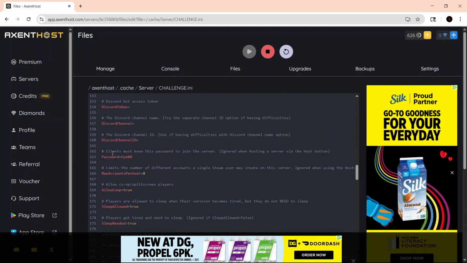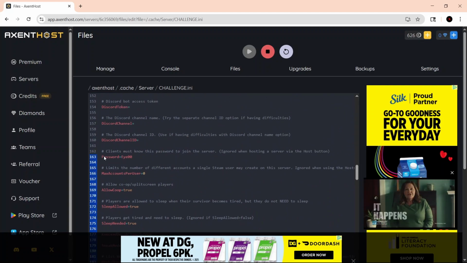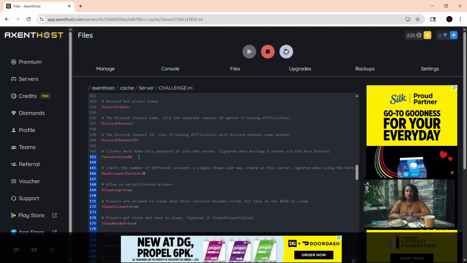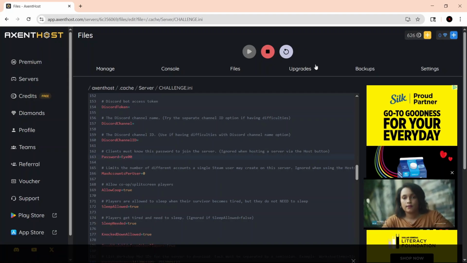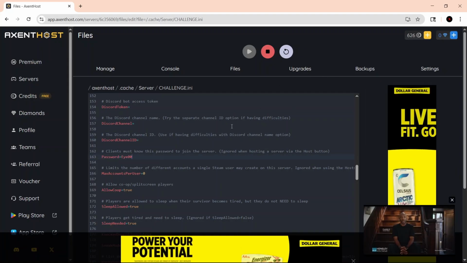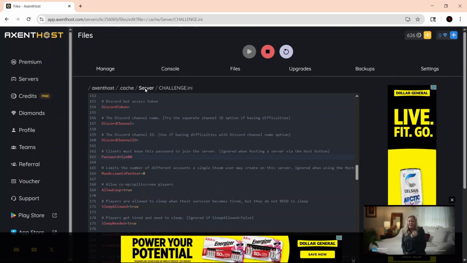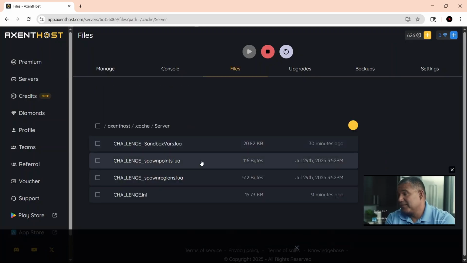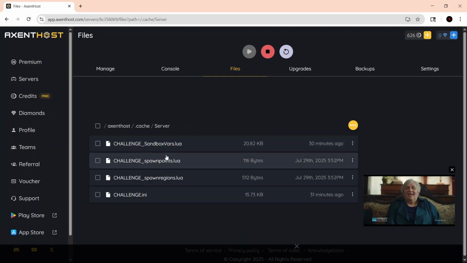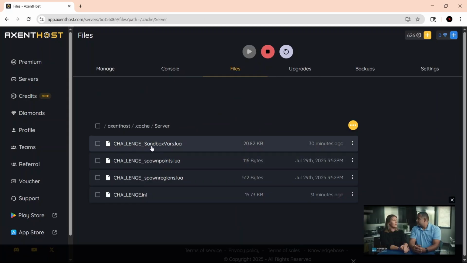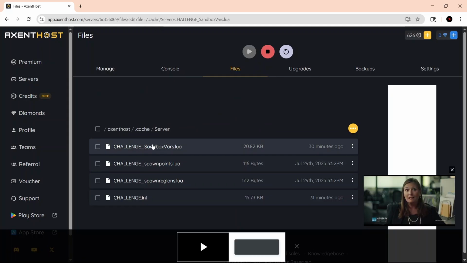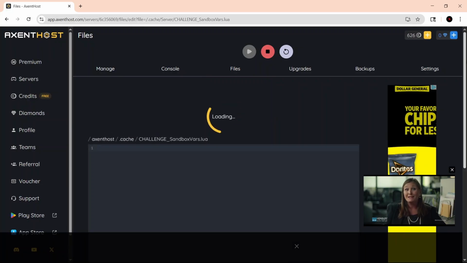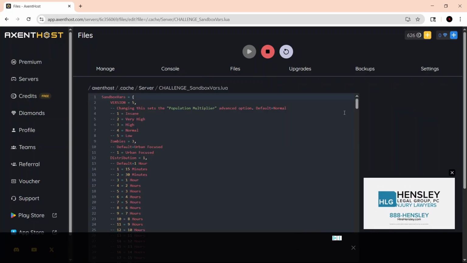Yep. So you'll see line 163 password, and that's where you can change what you couldn't normally change in the admin settings. So if we go back to server after that, and then we go to sandbox, it'll be still the same name, challenge, and then an underscore for me, but it would be something different for you guys. It's whatever the name of your server is. You go here,